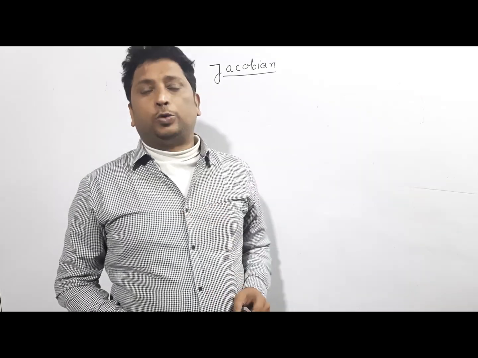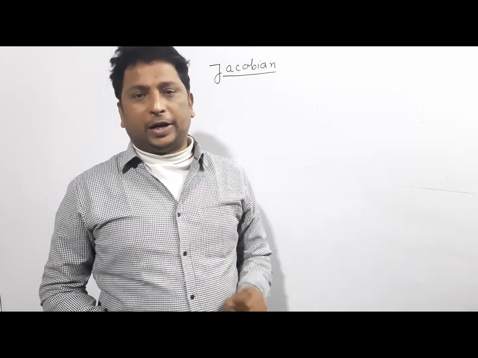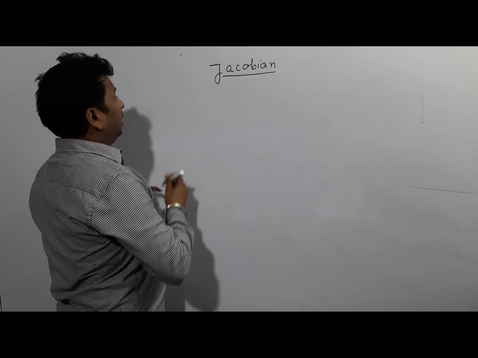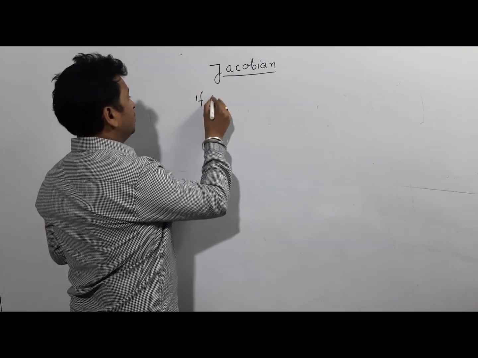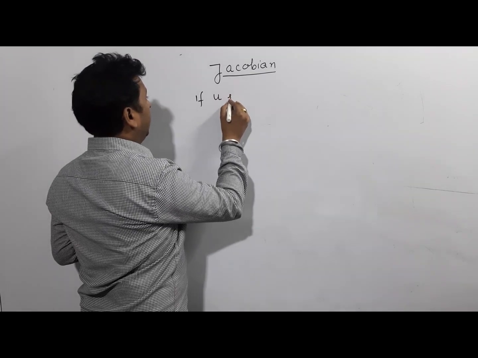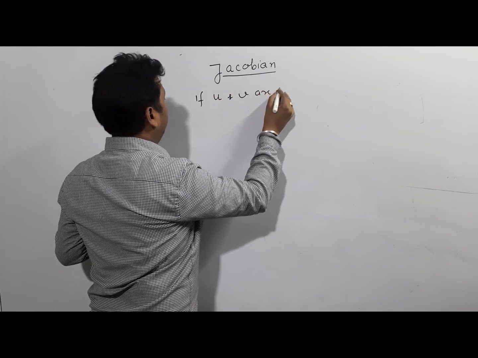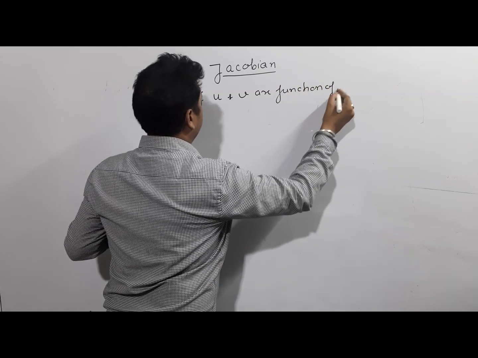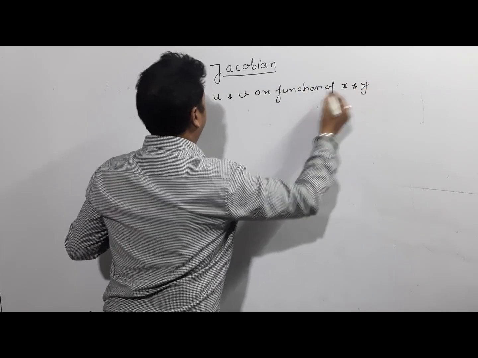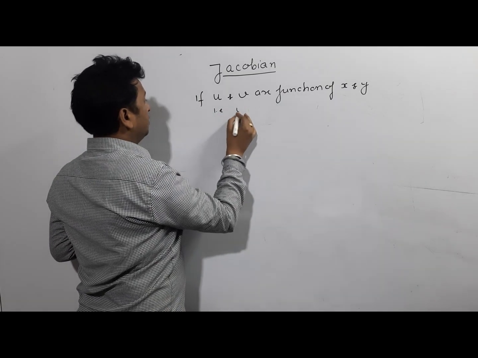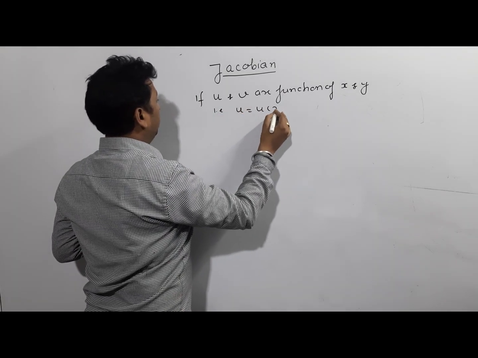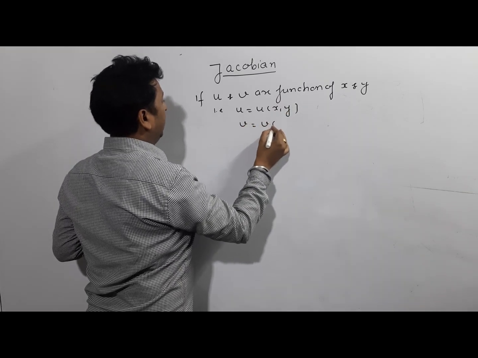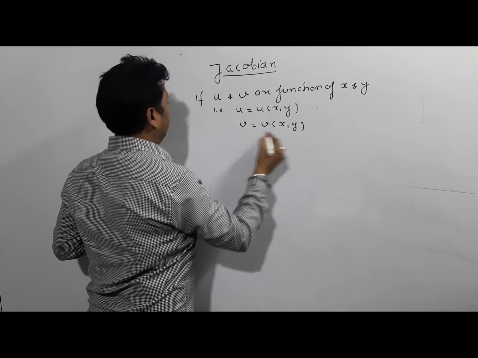Students, today I am going to explain a very important topic which is called Jacobian. What is Jacobian? If u and v are functions of x and y, that is, u is a function of x and y and v is a function of x and y, then